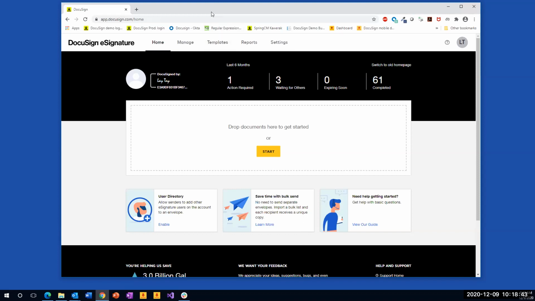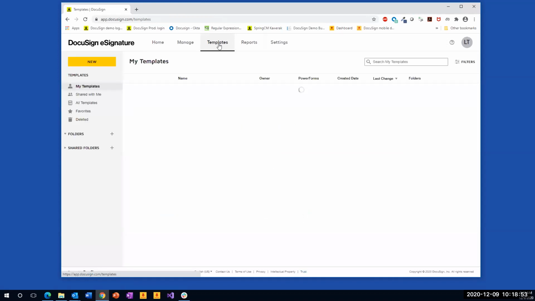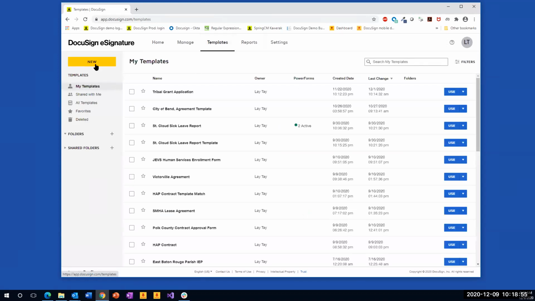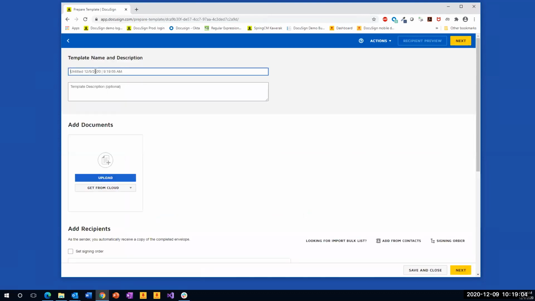All right. So when you log on as a subscriber, and if you have the privilege to create and manage templates, you will see this particular tab here, right? So go into the templates tab, and then you can click new and select this option, create a template. So select this option, go into the template creation screen, and give your template a nice name. So for today's demonstration, I'm just going to say COSIPA demo templates.